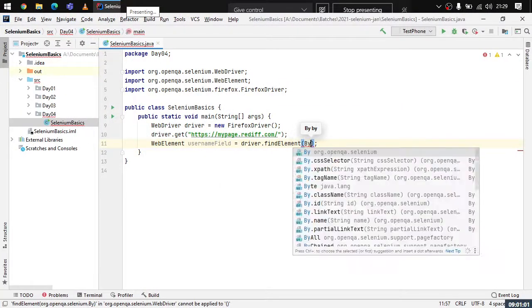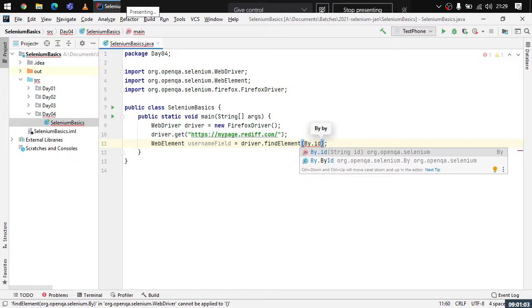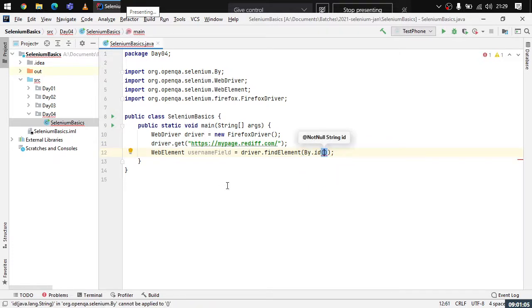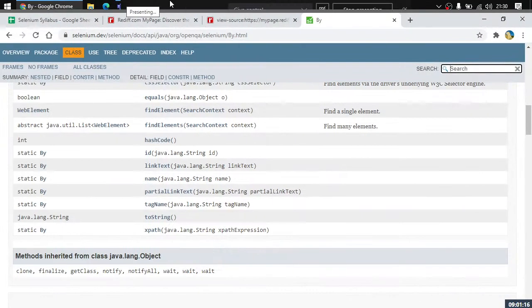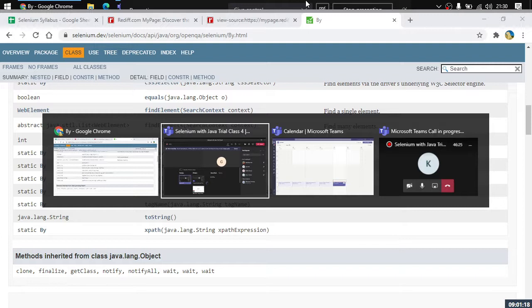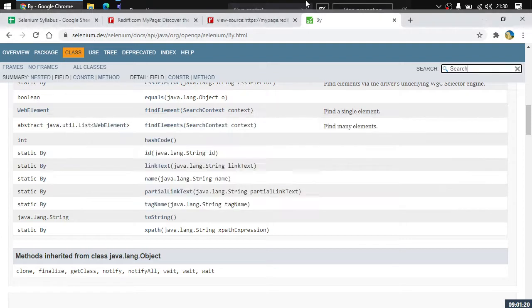So here, By dot id, and this method receives the text, that is, the ID of the element. What is the ID of the element? We noticed it just a while ago, right?